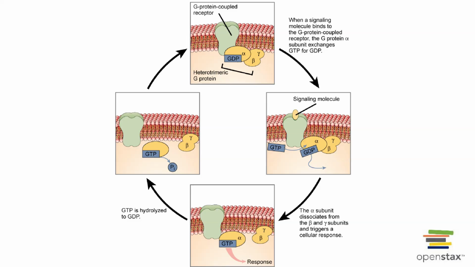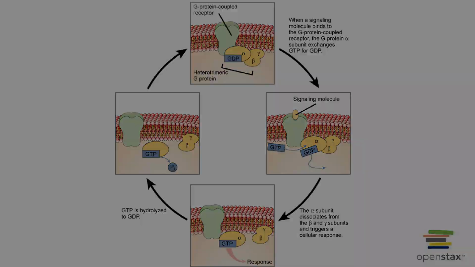These G proteins relay the signal into the cell by regulating enzyme activity. Different receptor types on the surface of target cells can activate distinct classes of G protein subunits, leading to a variety of cellular responses. The enzymes regulated by G protein-coupled receptors often produce or break down intracellular signaling molecules called